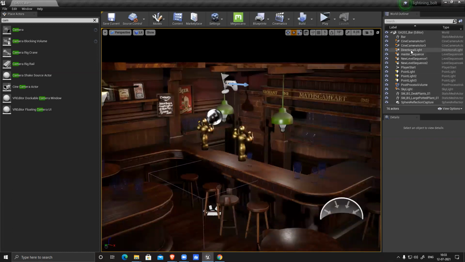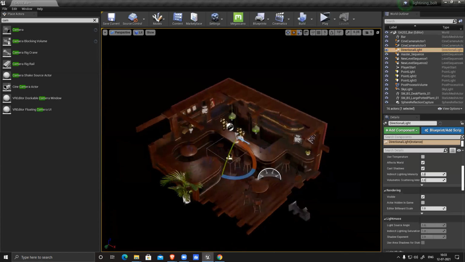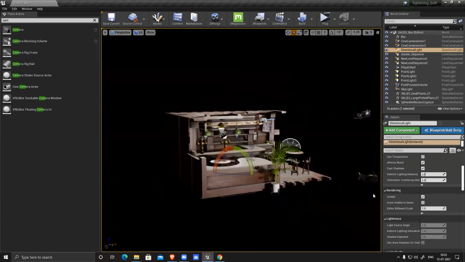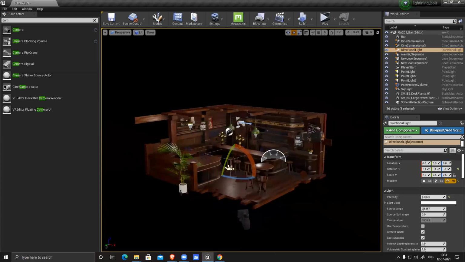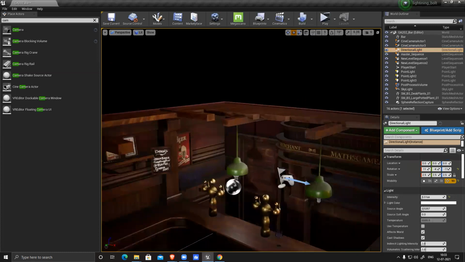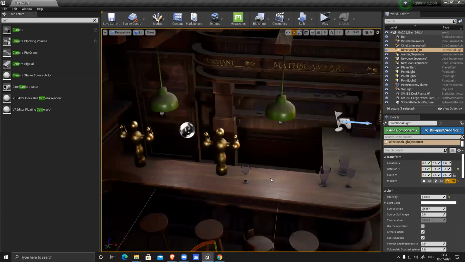Let's see my direction light. I can reduce the intensity to point 5 or something, make it a little less bright. Then there are a few things. See, it's generating all this ambient occlusion and all these things. Nice.